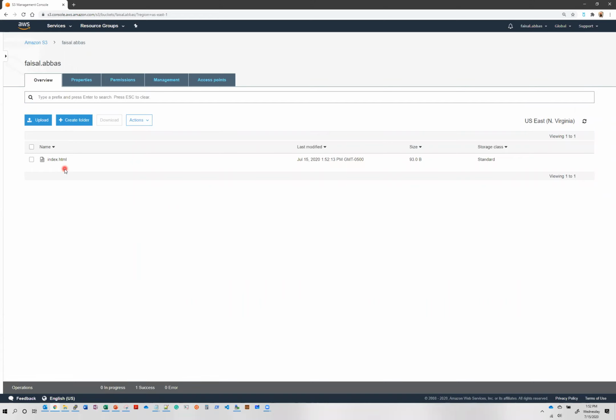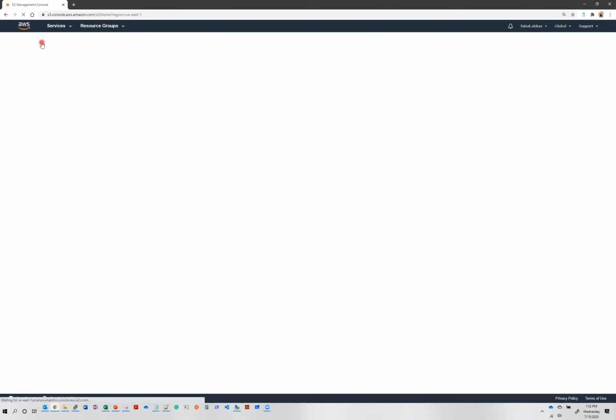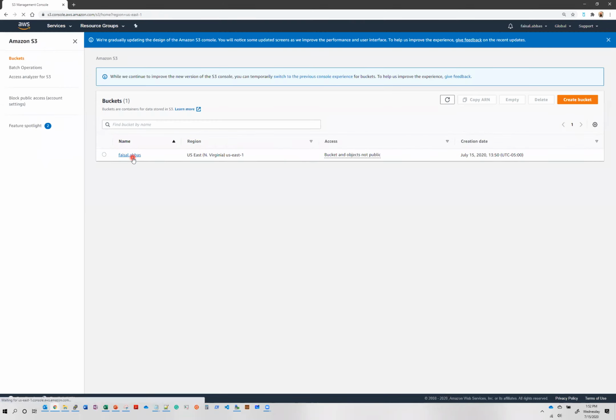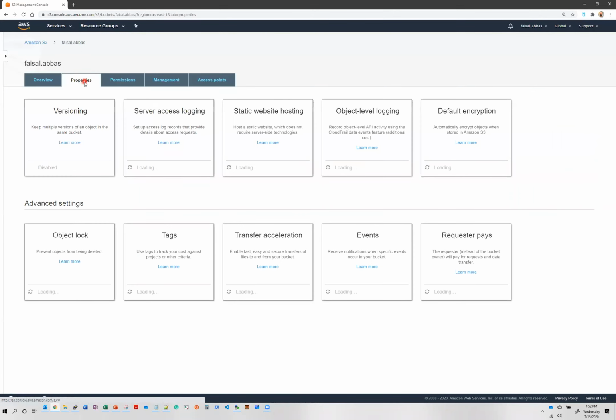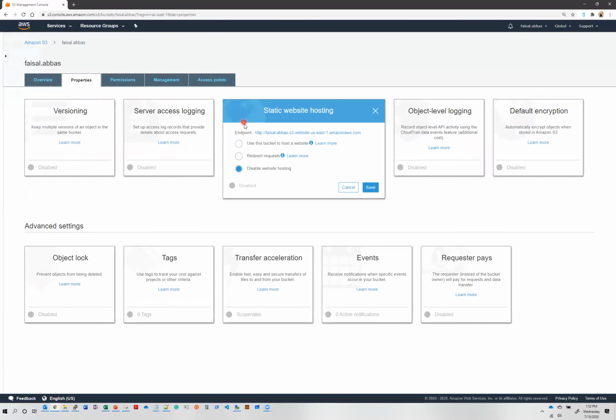Okay, we're gonna be performing a couple of things here. So I am in the bucket right now. If I go into the properties, S3 allows some 10 different settings. Out of those settings, there's one called static website hosting. If I click on static website hosting, it gives me an option that it has a public URL for this